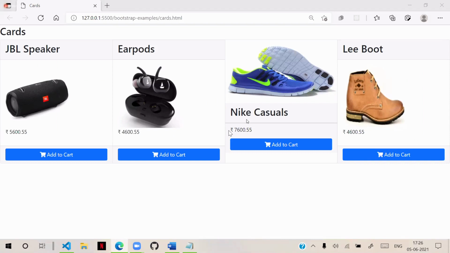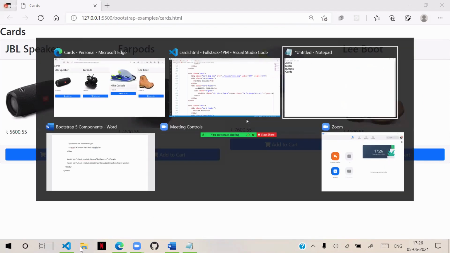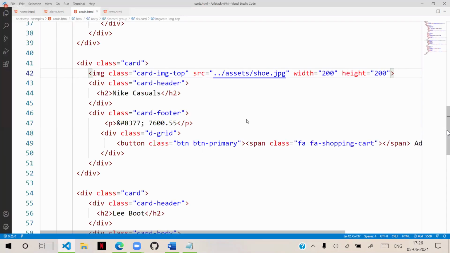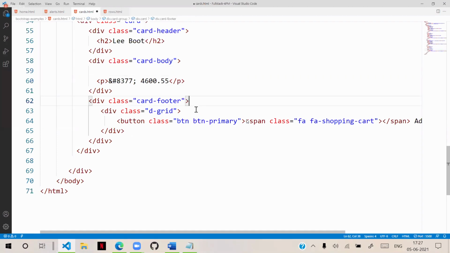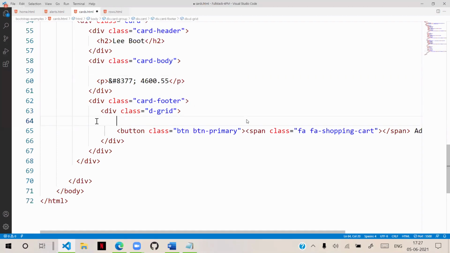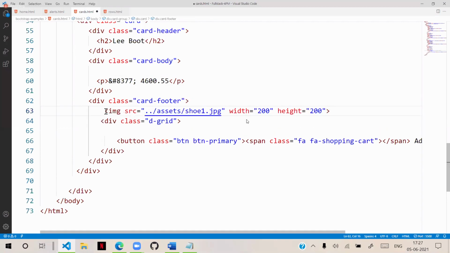That means one image. Another image here we have. This image I will keep in the footer. In the footer, I am defining it above that button.